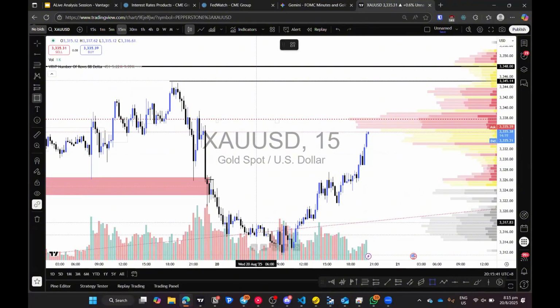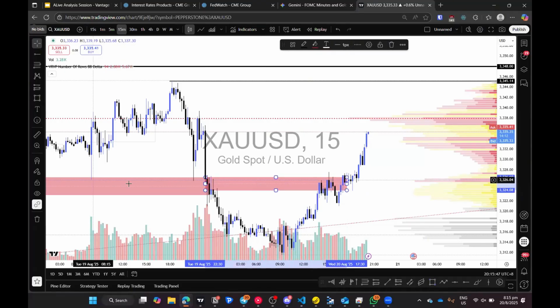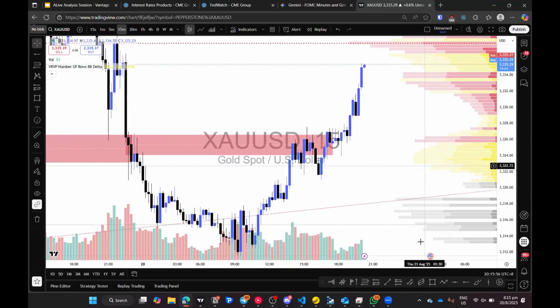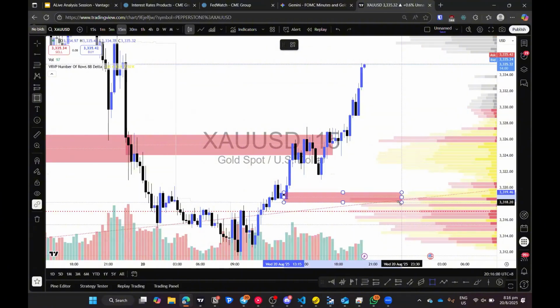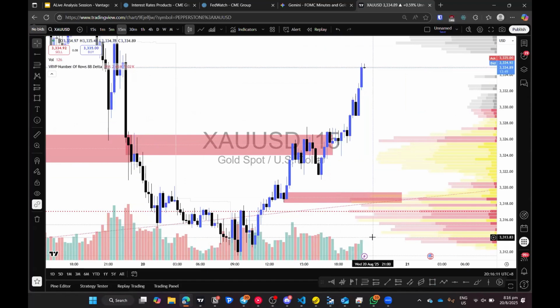On 15 minutes, we have already flipped bullish. Okay, why? Because this was that support, right? This has to be acting as the resistance. And what we were really looking out for was this low range here. Okay, and we want to see the price get down at least to this level and then make a lower high before we start selling off.